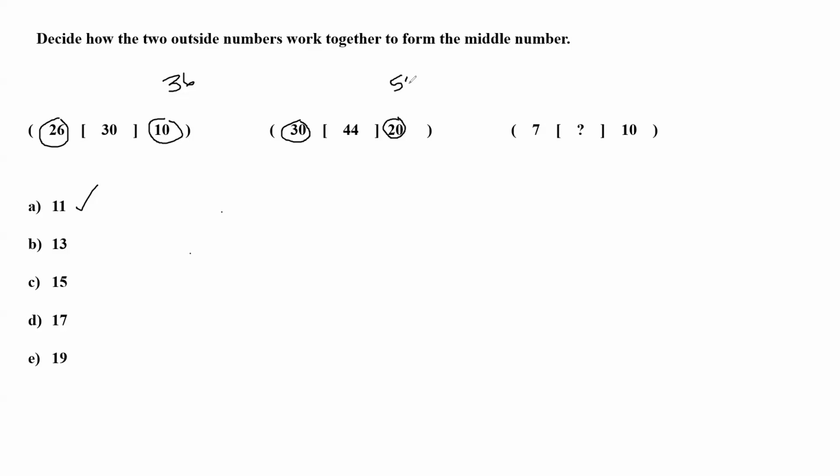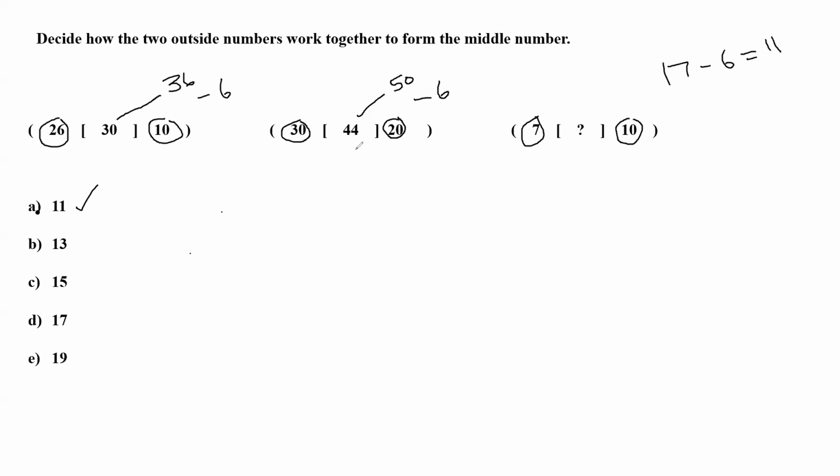And then, because she did that, she was able to notice that they both have a difference of 6. So 36 is 6 more than 30, and 50 is 6 more than 44. So there's clearly something going on here. So we need to subtract a further 6. Yeah, so we add outsides together, and then we subtract a further 6. So we must use the same rule for the final one. So we add the outsides together, 7 and 10, which is 17, and then we subtract 6, which gives us